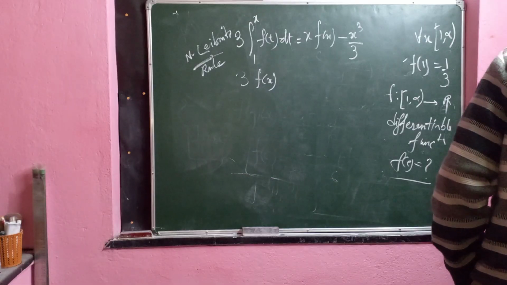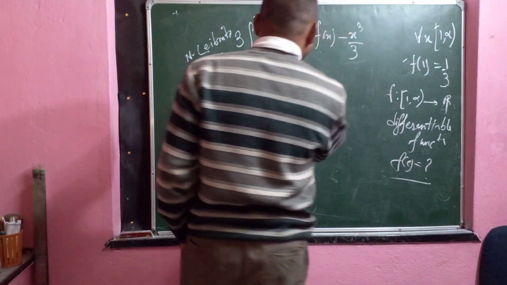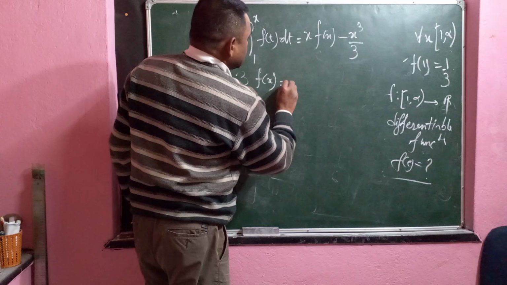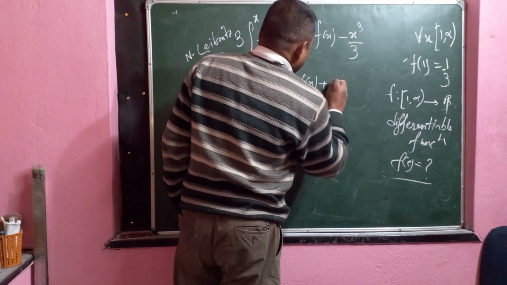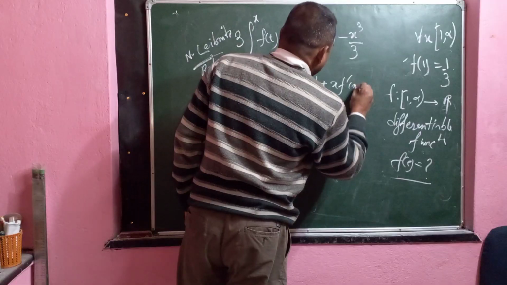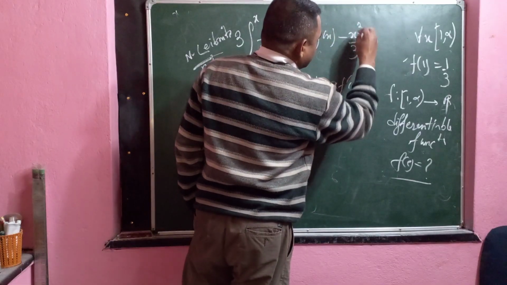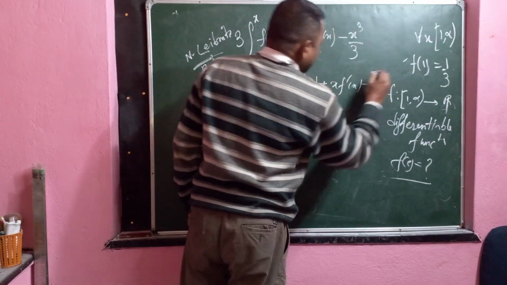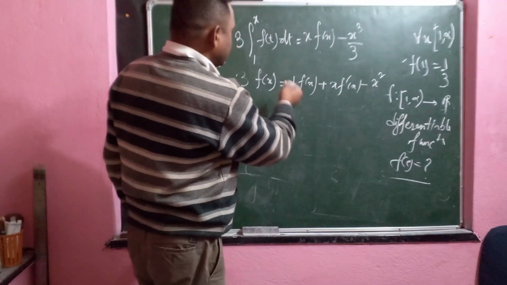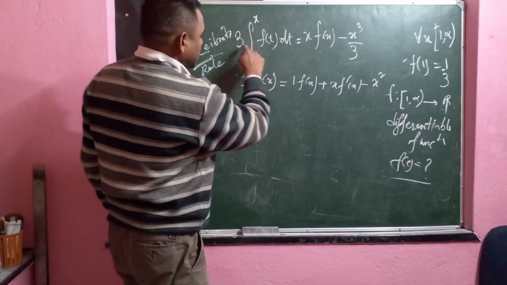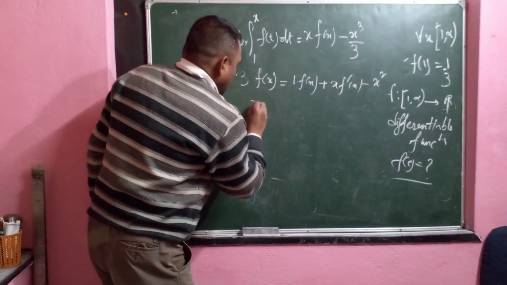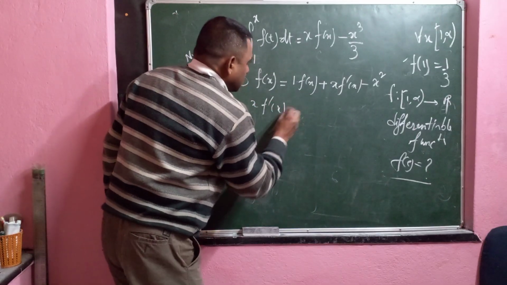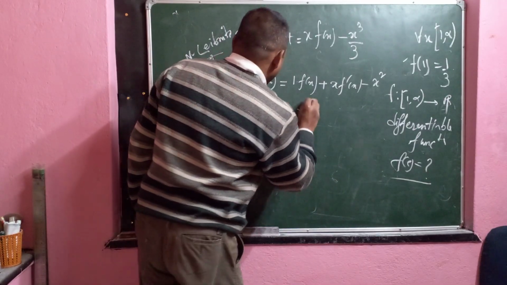So practice all this. Now we get 1 fx plus x f dot x minus the differentiation, that is x square, right? If you do the differentiation, d/dx of this, x f dot x minus x square equals